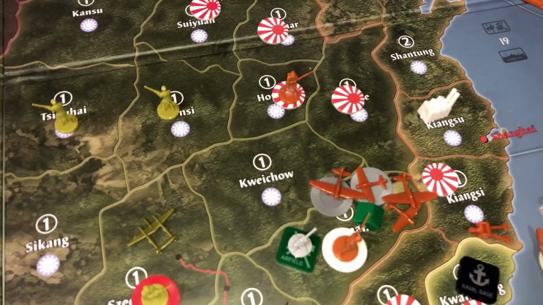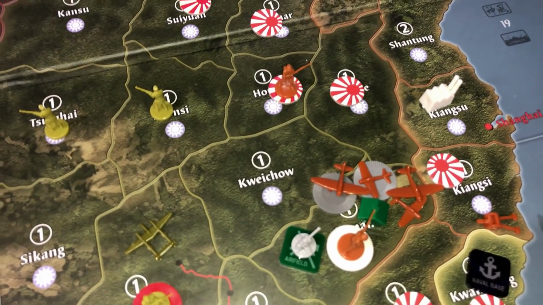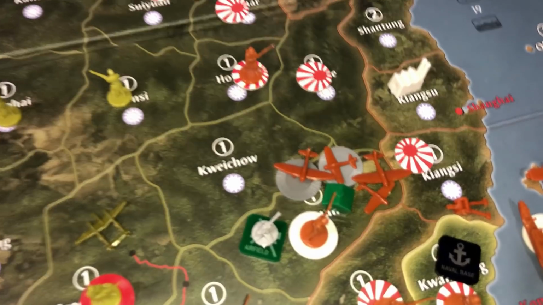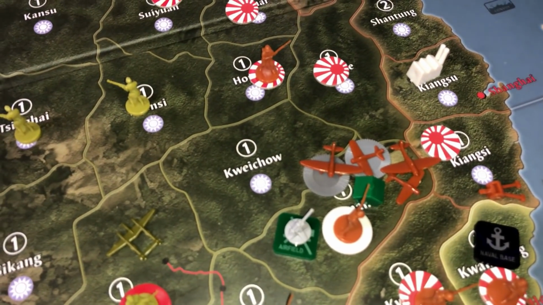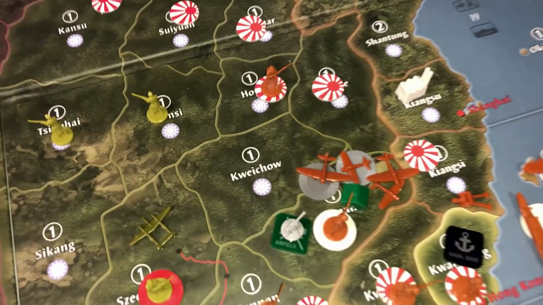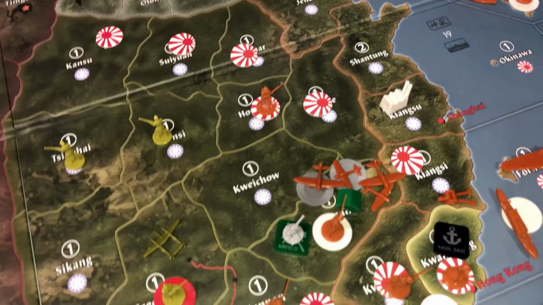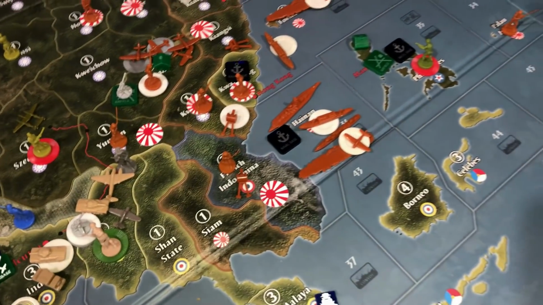One example of bad rolling: Kweichow had 5 Chinese guys in it. The Japanese infantry, supported by the air force, managed to get, I think, 3 hits out of 5, and then 3 of those 5 twos hit back, wiping out all the infantry and not able to take the territory. At least we cleared the units. That's the type of bad roll that happens sometimes, but